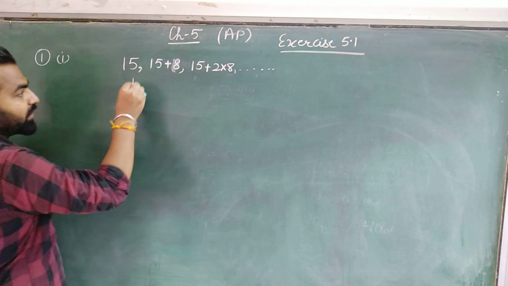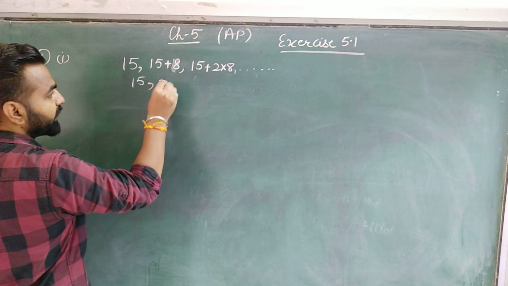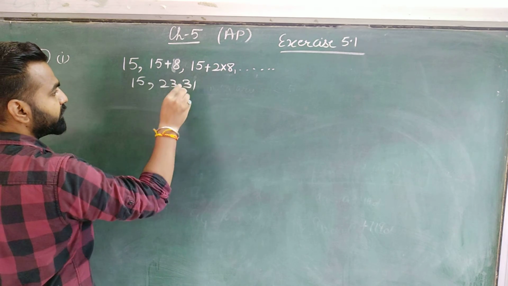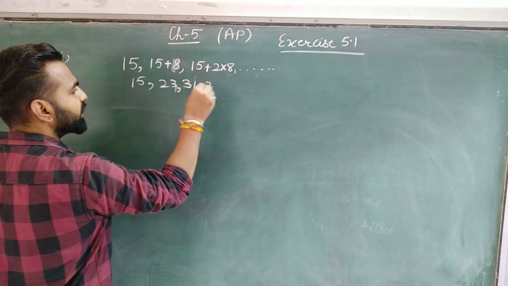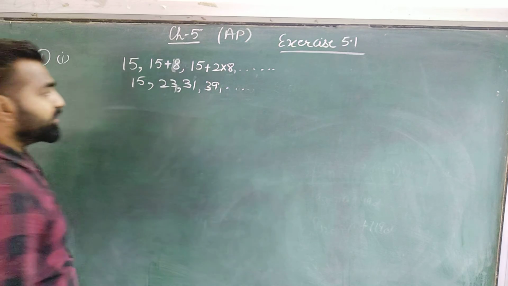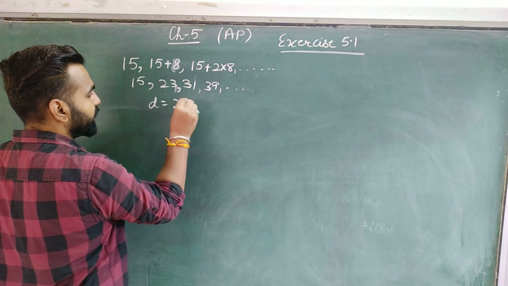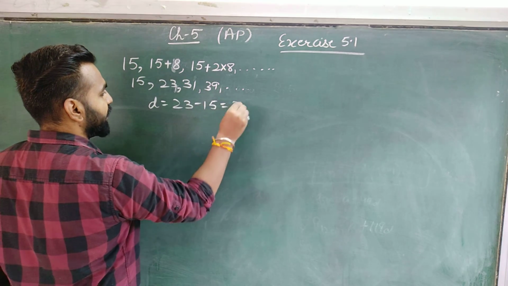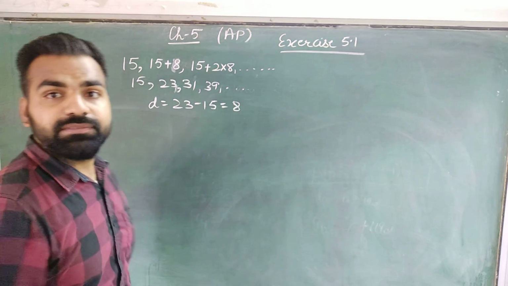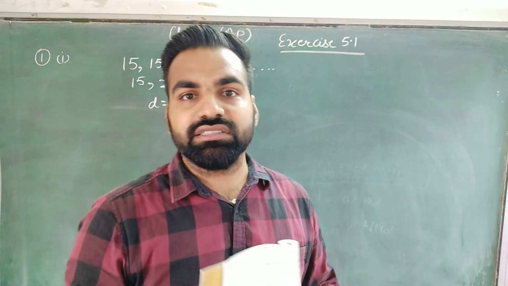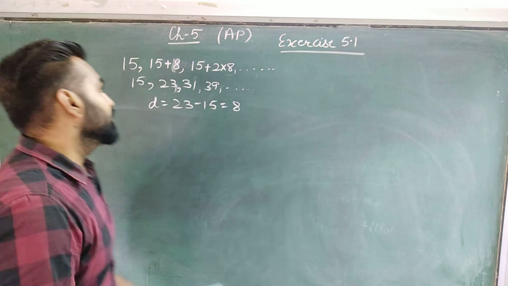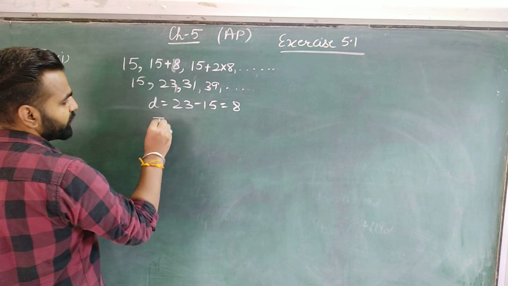So this series will become 15, 23, 31, and the next will be 39 and so on. So here we can see that the common difference is 23 minus 15, that is 8, which is the same throughout the series, and whenever the common difference is the same throughout the series, the given series is an AP. So it is an